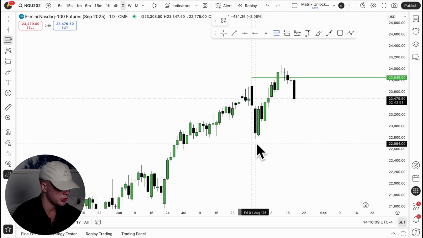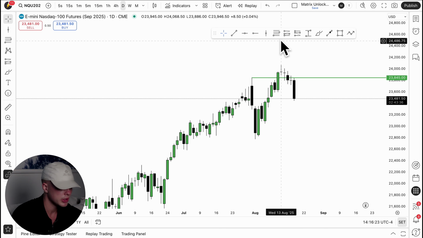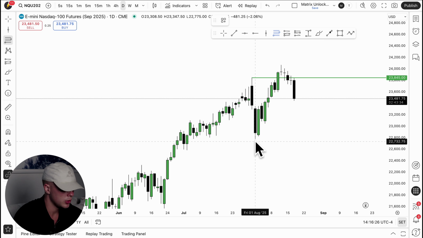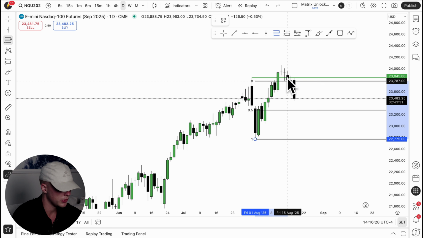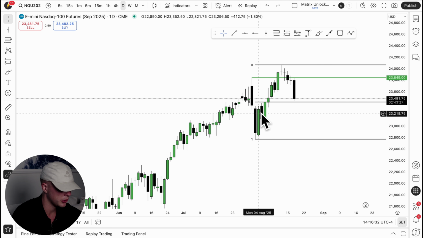And then we come to the fib retracement tool. What this basically does is plot specific levels within any given dealing range. So whenever I'm marking up a very specific dealing range and very specific levels within that dealing range, what I'm actually doing is the following. Let's say I mark up the dealing range from this low to this high. As you can see, I have 50% of that range outlined right here.